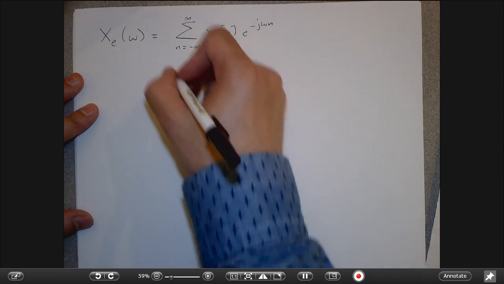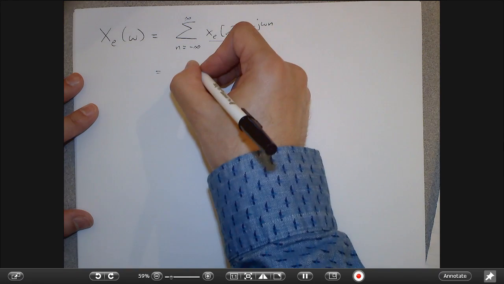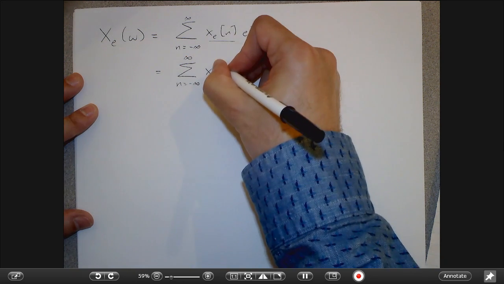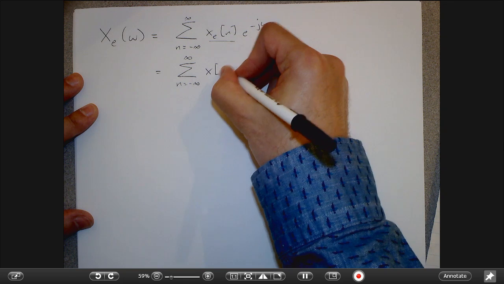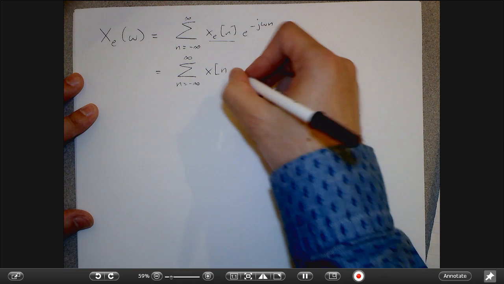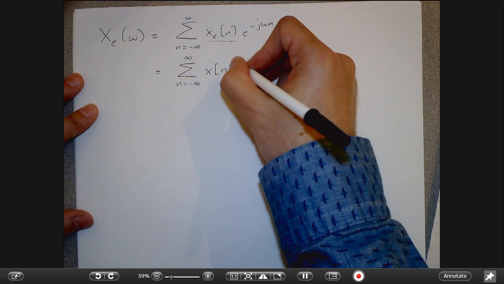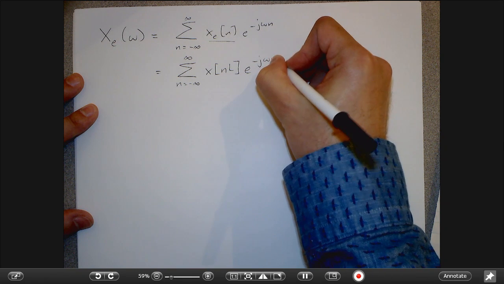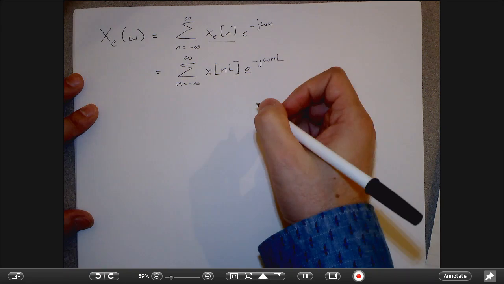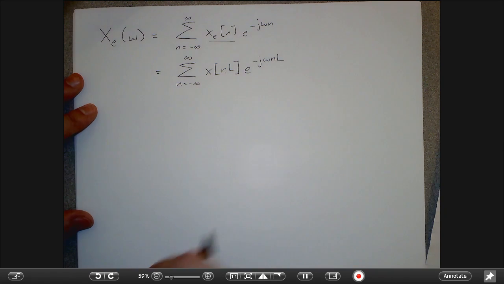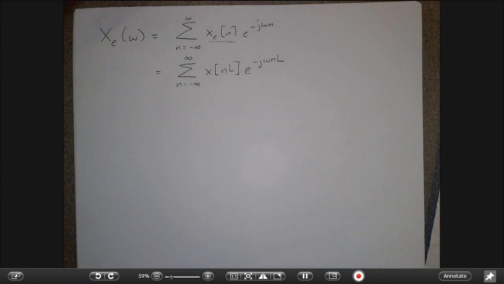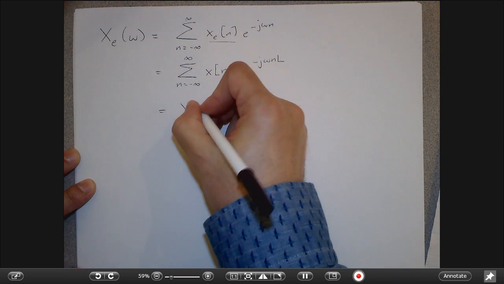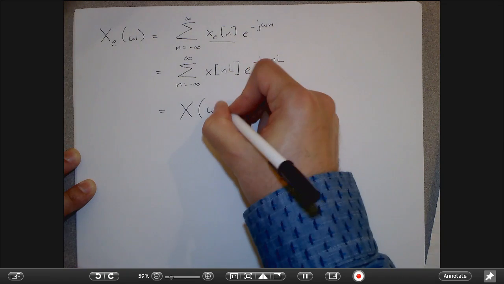Well, this is like saying that every L units, I get my original signal value, and then the value that I get is e to the minus j omega n L. So I'm only basically hitting my original signal at these places. And this is the same thing as the original Fourier transform, just,